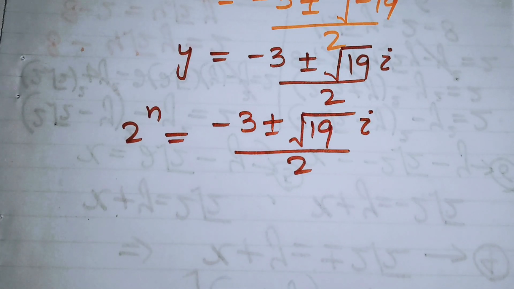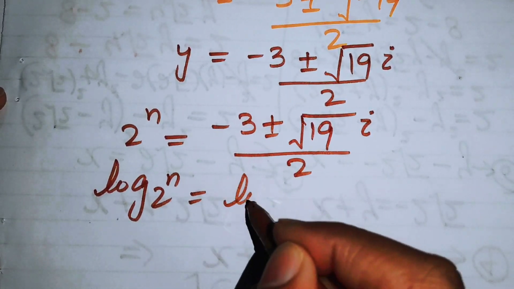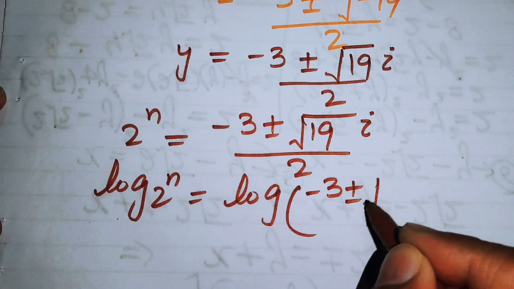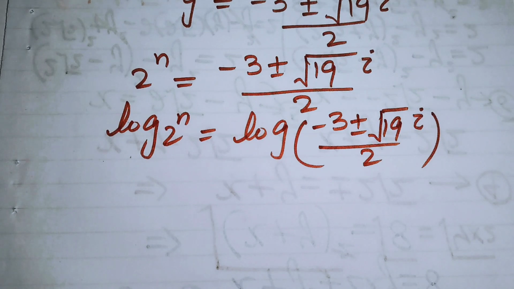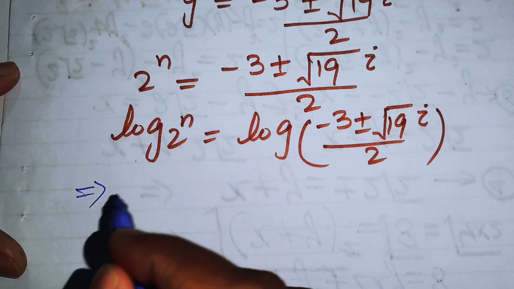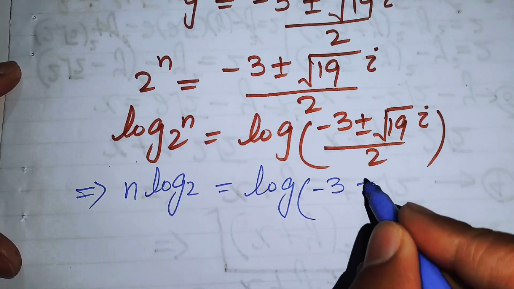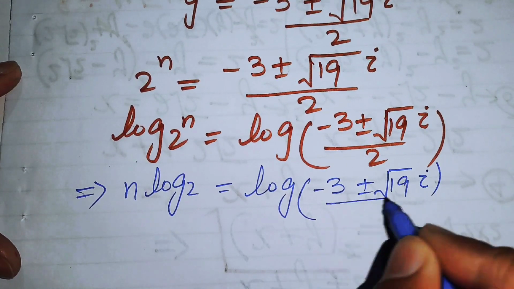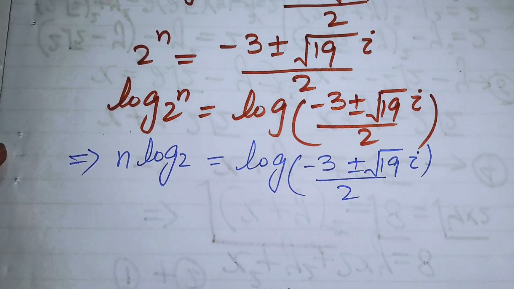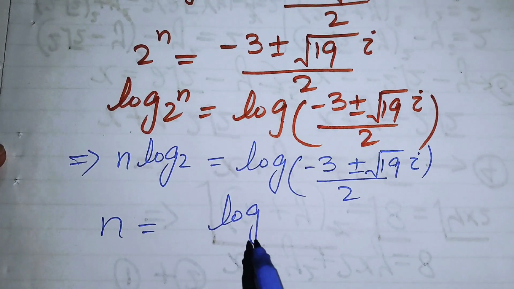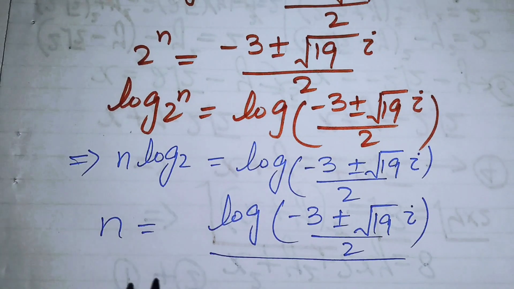Because we want to find the value of n, we take the log on both sides. The expression becomes log of minus 3 plus minus square root of 19 iota divided by 2. On the left hand side we use the property of logarithm and move this n in front of the log, and you get n times log 2 equals log of minus 3 plus minus square root of 19 iota divided by 2. Now we move this log 2 to the right hand side, and you get the value of n equals log of minus 3 plus minus square root of 19 iota divided by 2,